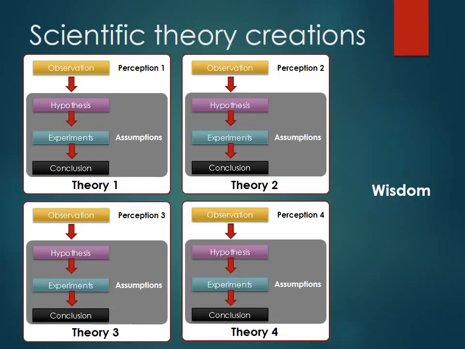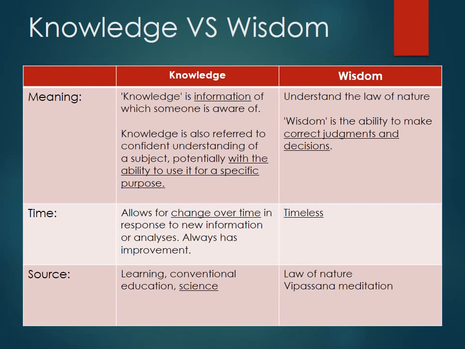And of course, wisdom and knowledge are different. The difference between knowledge and wisdom: what we do in this world today in the scientific community is called knowledge. Knowledge is information of which someone is aware, and of course, knowledge is subjective. It's used for a specific purpose to solve certain problems. And in terms of time, knowledge is subject to change due to new information that arises or new ways to analyze the data, and always seeks improvement. And of course, the way we obtain knowledge is from the internet, from conventional education, and of course science itself. On the other hand, wisdom is ability